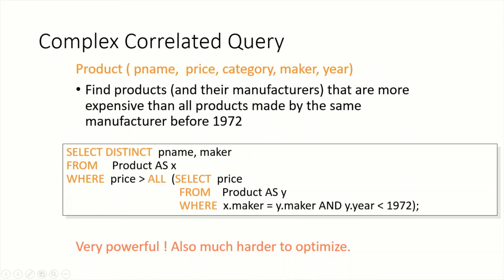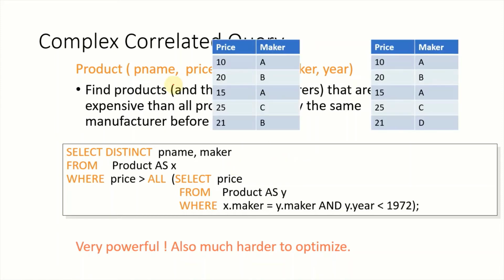So the logic is quite simple. This table, product, has two attributes, maker and price. I'm taking this product as X for the first time according to this query. Then I'm taking this table as Y for the second time, as we have product as Y in the nested query. So according to this query, all these makers will be compared with these,